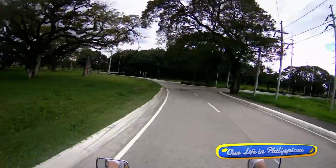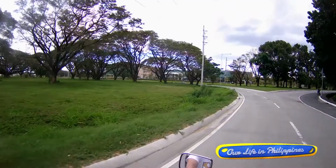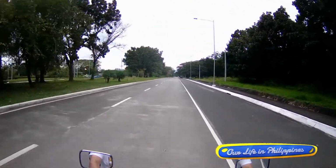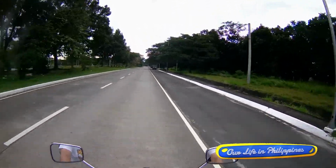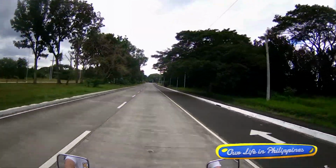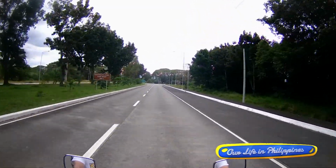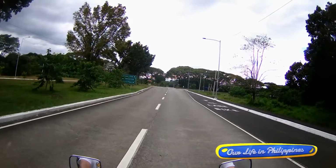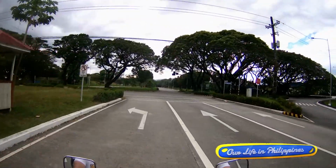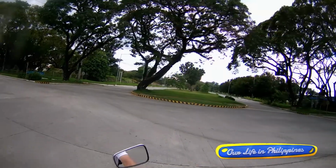This is like a big roundabout, and once we get down here, I think here to the right, we're heading towards the Nayong Filipino Park, which is kind of a historic park. It was located somewhere in Manila before, and when they created Clark here and the free zone and all that stuff, they moved it up here. We have tried to go there a few times, and it has been closed for at least, I think, like 2 years. Here to the right, you're getting up to Nayong, and I'm obviously not going to go there today. It's probably not even open,